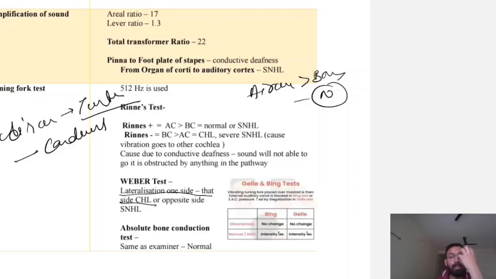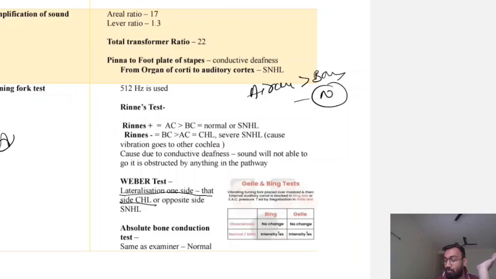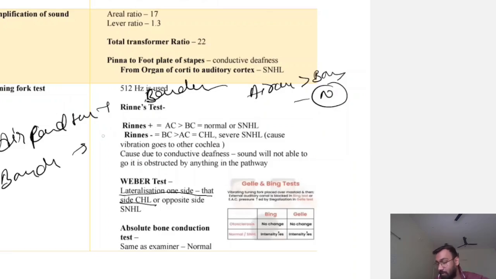Normally, when I am saying something, the sound goes from the air to the outer ear, then the external ear, then the middle ear, then the inner ear. So this is the normal conduction pathway of sound. If there is an obstruction in this pathway, that is known as conductive deafness. So the air conduction test is for conductive deafness, and the bone conduction test is for sensory neural hearing loss, because we put the vibrating tuning fork